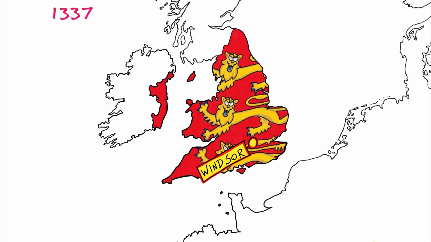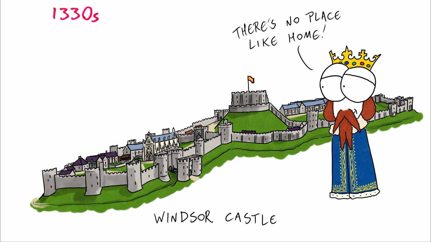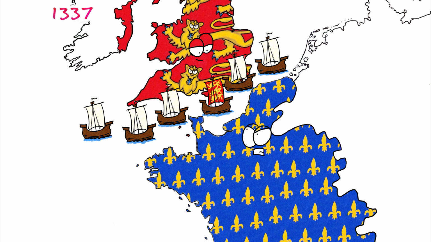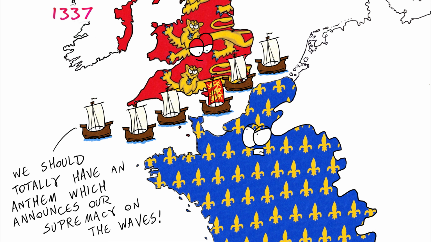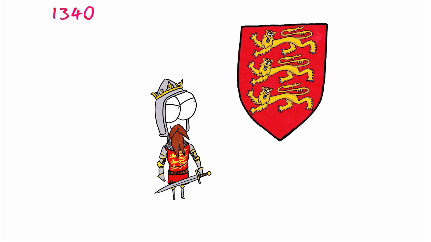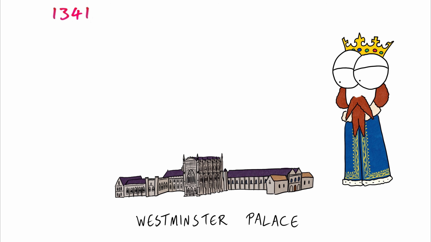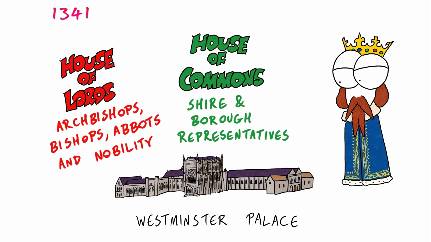Yay. Edward became one of the first English monarchs to favour Windsor Castle as a residence, having been born there himself. In the war with France, English ships managed to secure the English Channel against the French, but already military costs were building up and people at home weren't happy. Edward quartered the royal coat of arms, adding the French fleur-de-lis to further hammer home his claim to France. The English Parliament at this time was beginning to diverge into the House of Lords and House of Commons.